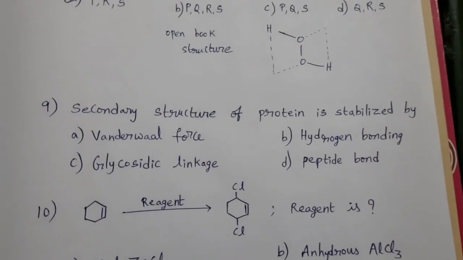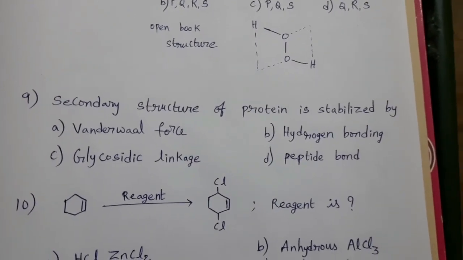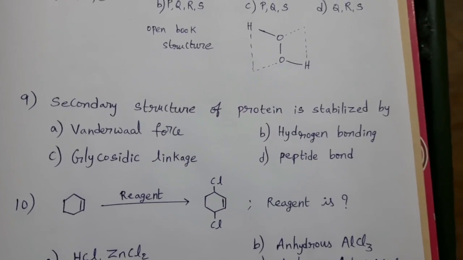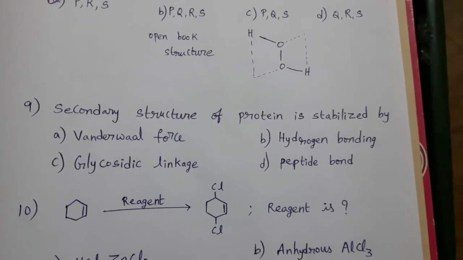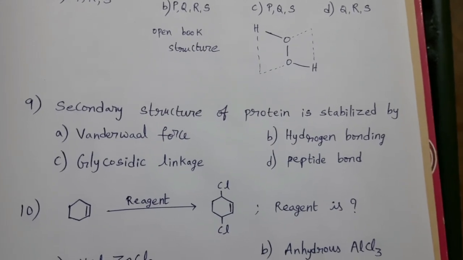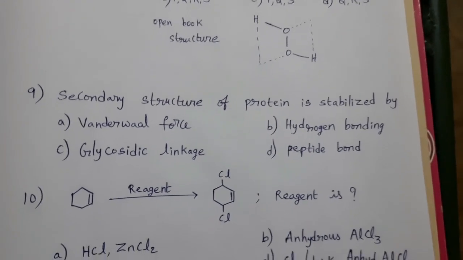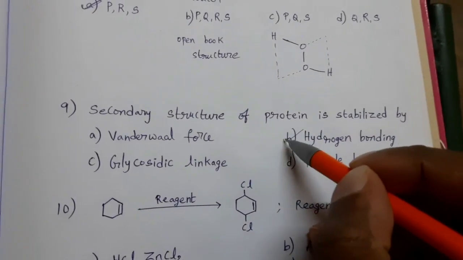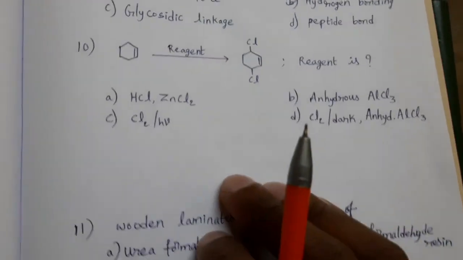Next, secondary structure of protein is stabilized by hydrogen bonding. So proteins have 4 types of structures: primary, secondary, tertiary, quaternary. In that, secondary structure consists of hydrogen bonding. Option B is the answer. Next,